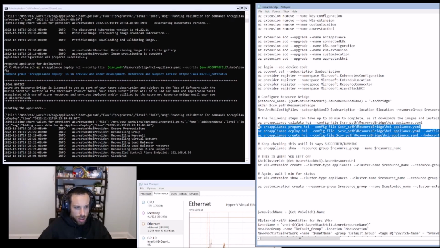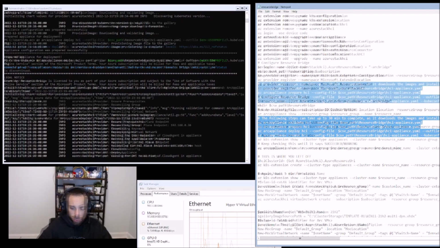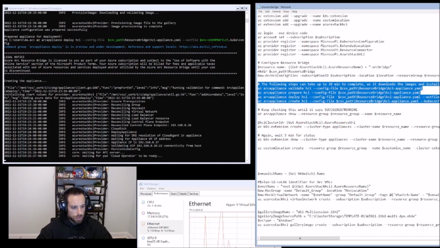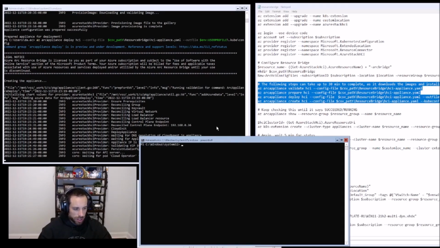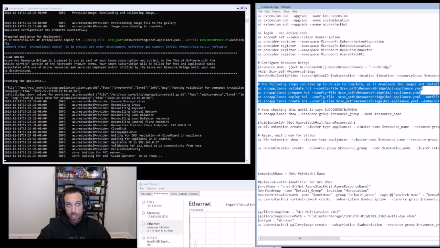So we're going to let these run their course. All right, so if you're not familiar with AKS or anything like that, what's going on right now is, if we run get VM, this is what I told you before. There's a control plane VM that's created. This is a VM that's got, like I said, 8 gigs. It probably has 4 vCPUs, and what's going on inside of it, it's running a version of Linux called Mariner